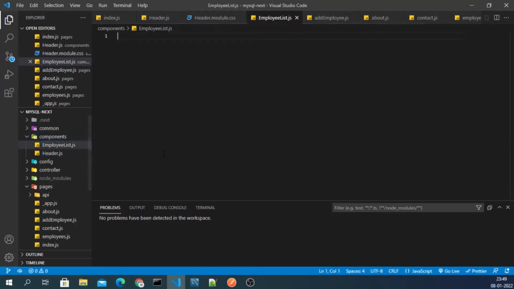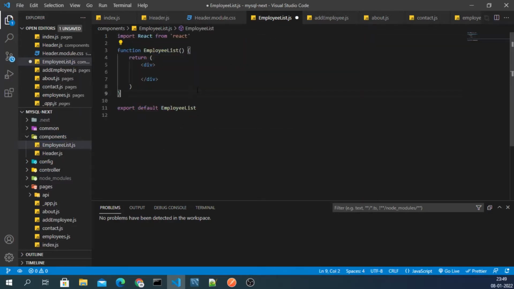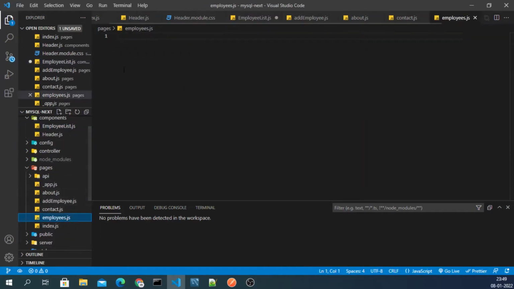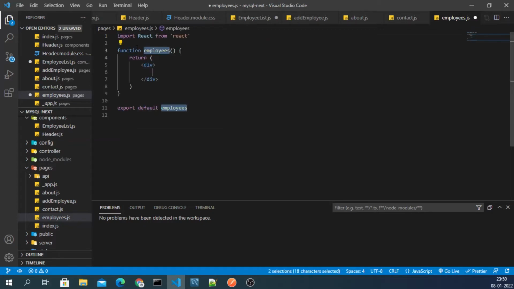Inside this I will simply use rfc. Here I need that component, so I will write rfc, employees, and we don't want this direct here.